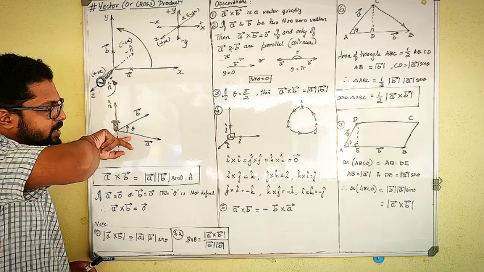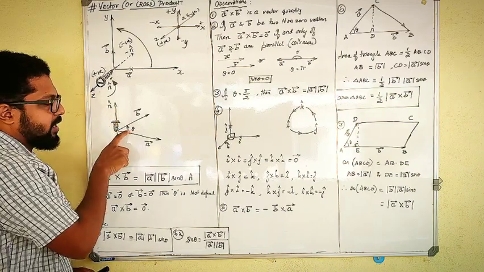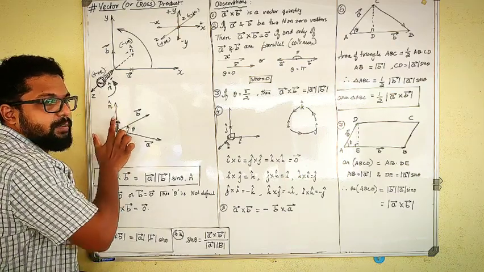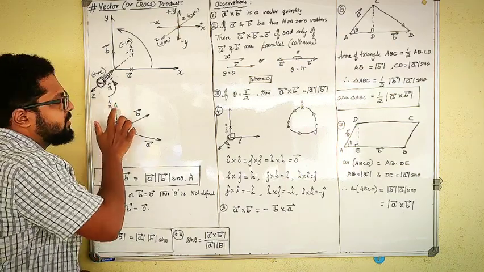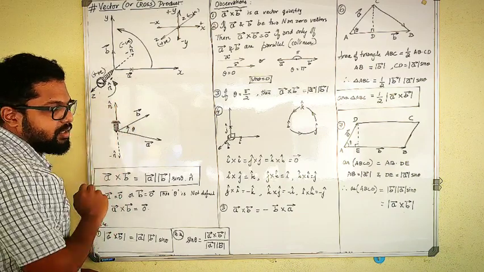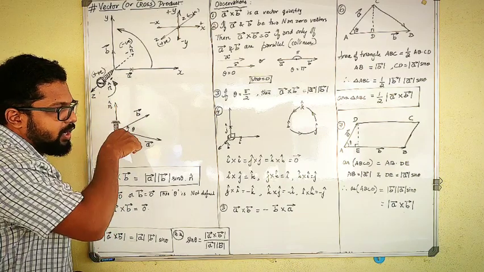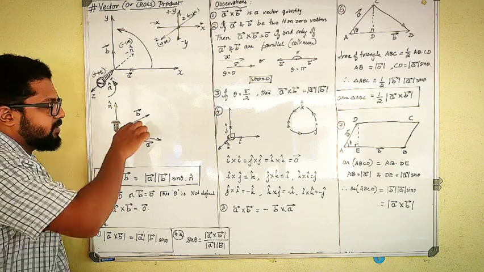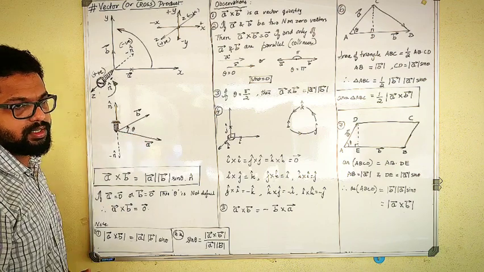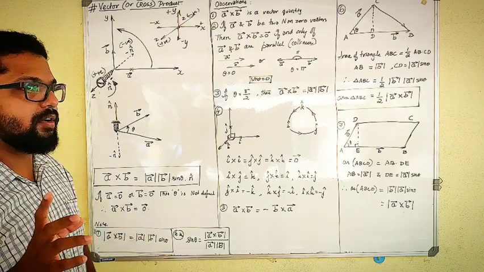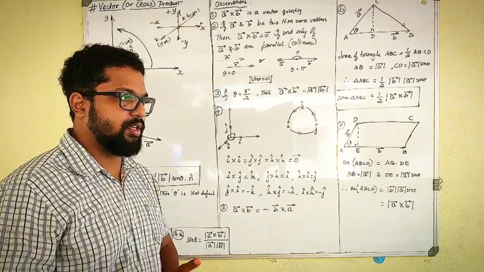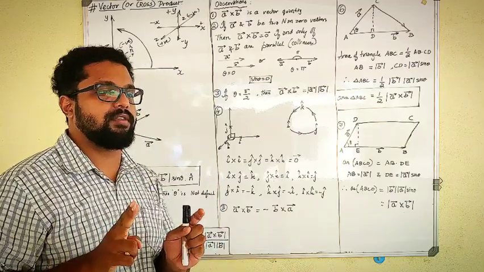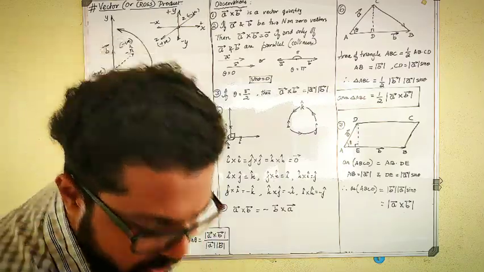So when A is made to fall on B with an angle of theta, I get a vector which is perpendicular to both, in the positive direction. When B is made to fall on A, I get a negative n cap, perpendicular to these two vectors. Remember, whenever the cross product of two vectors is found, it is a vector quantity perpendicular to those two vectors. Understood? So clearly understand this.